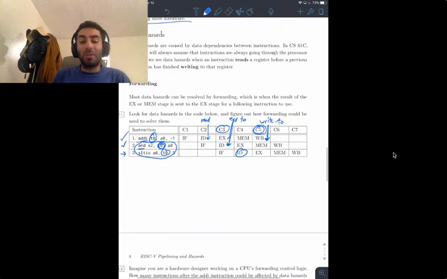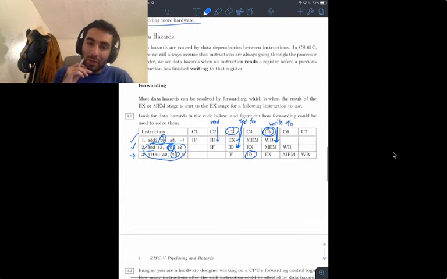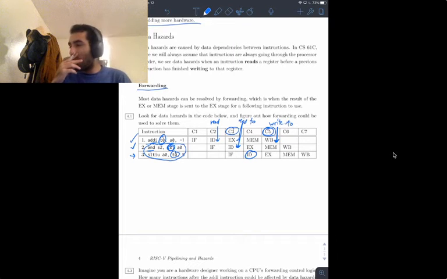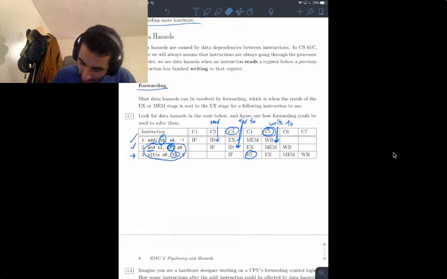Yeah, so how do we solve this? There are 2 common solutions to solving this. One of them is called forwarding. Forwarding is basically a way of saying, instead of waiting until the very end to write back the value, take the value once it's computed and move it to where it needs to be. So what does this mean? This means that,